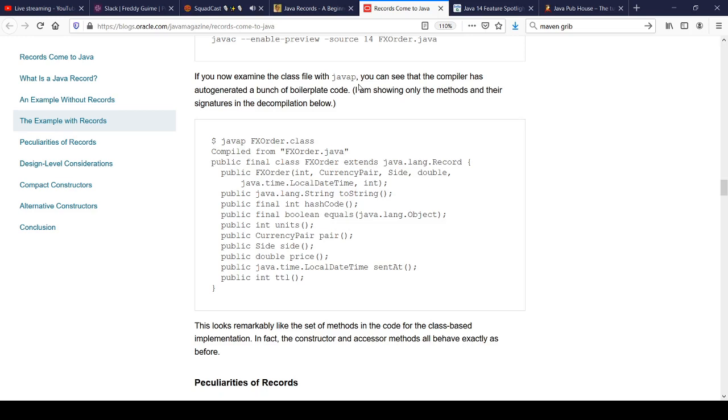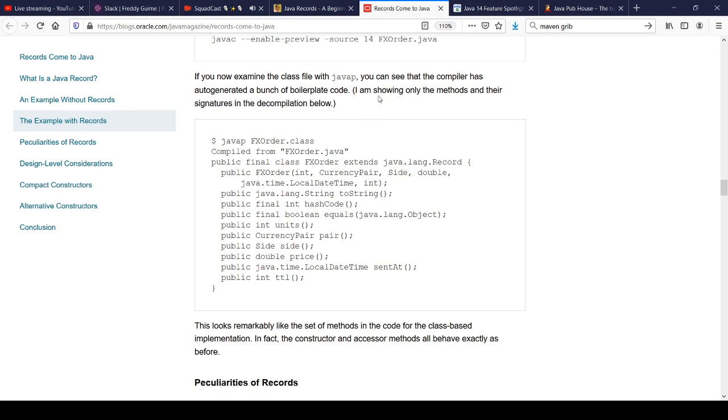It's really out there for experimentation and for the OpenJDK folks to get feedback on how these are being used so that they can put together a final release of records later, which means that in theory this can change. Exactly. The underlying implementation, perhaps some of the features, could potentially change.